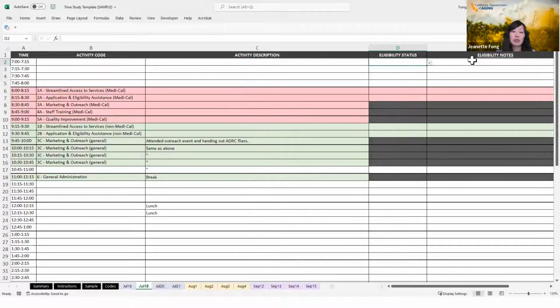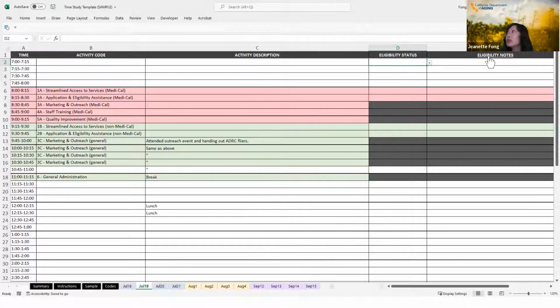I know the AAAs and ILCs, you all may do it a different way. Some of you may have a database you can check. Some of you may have a phone number you can call. Some of you may just be asking, maybe some clients have their identification card and you can jot down the number. Maybe they are enrolled in a Medi-Cal managed care plan and you can note that. Just do your best to document your rationale for selecting the status.